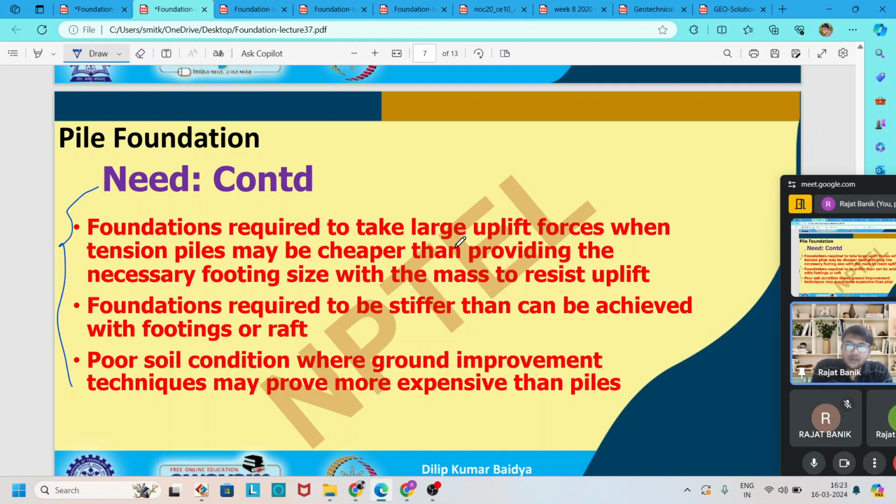Then again, foundation required to be stiffer than can be achieved with footing or raft. So if we go with the most stiffer foundation, we can go with this type of